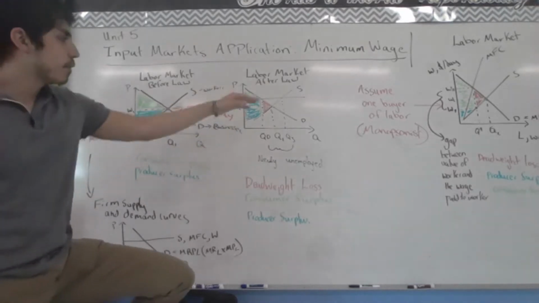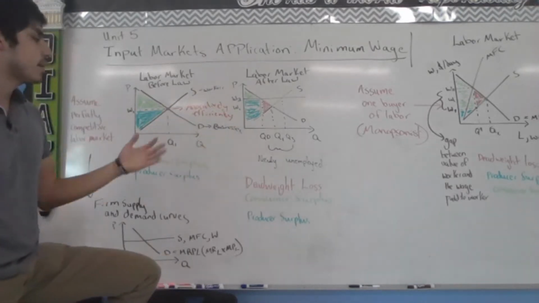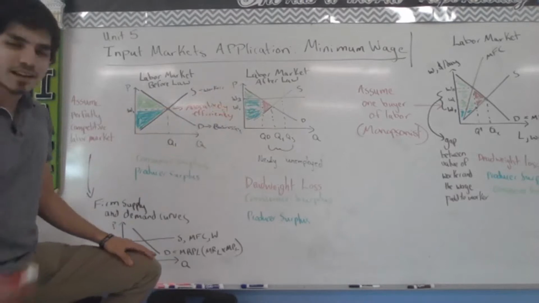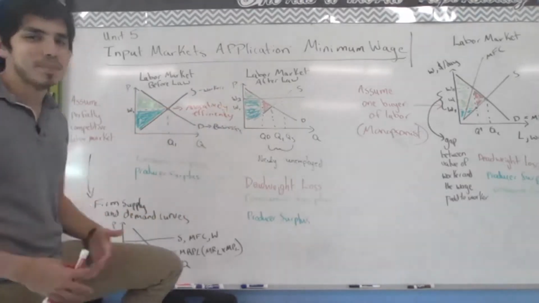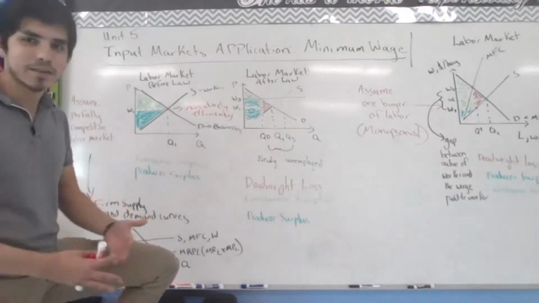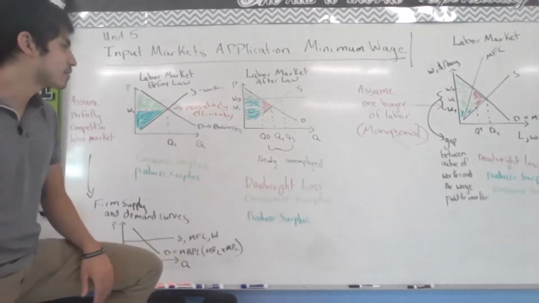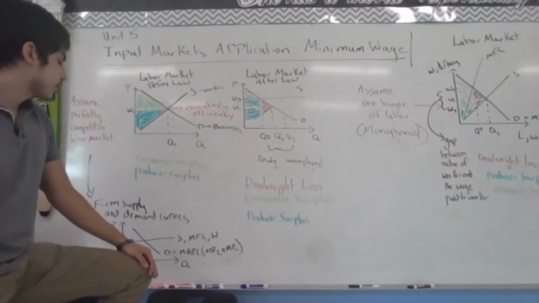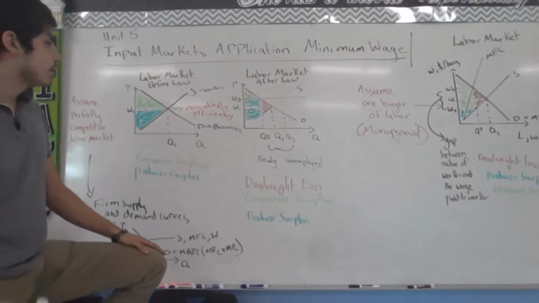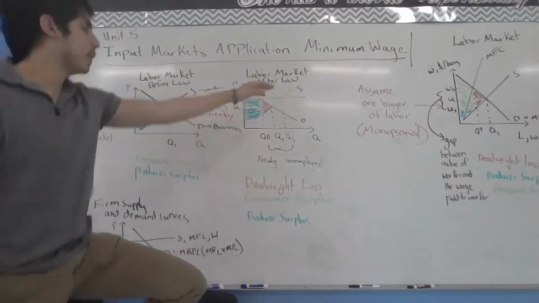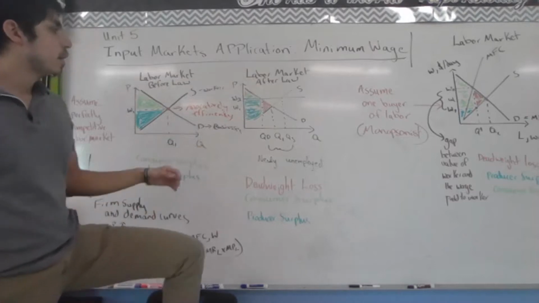If we throw in a binding price floor, I often try to delay the inevitable to build suspense, but I'm a teacher, I'm not trying to run an exciting film. But if we have a binding price floor, as we do here,